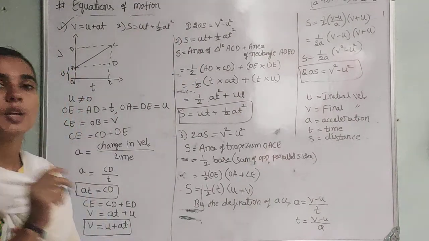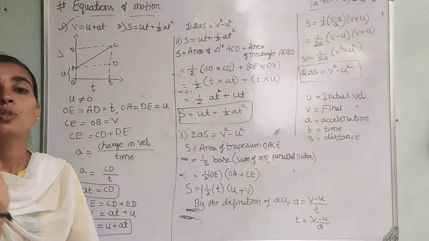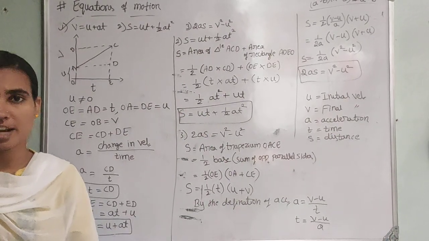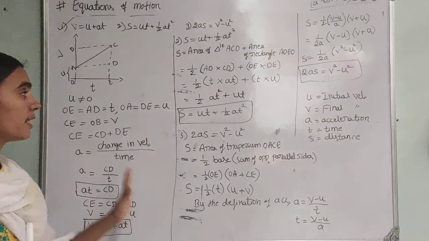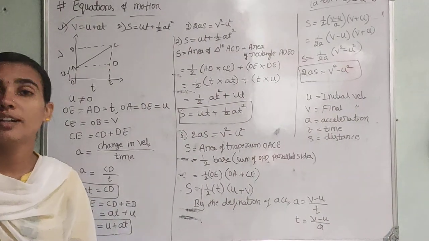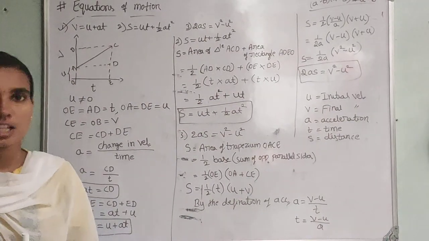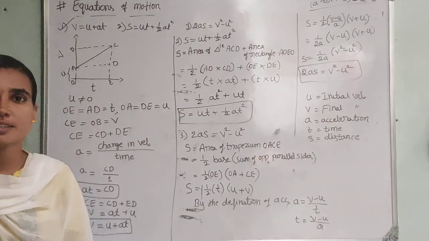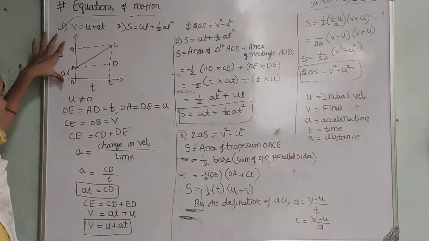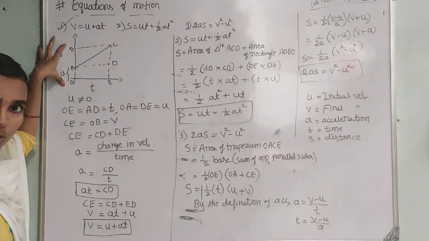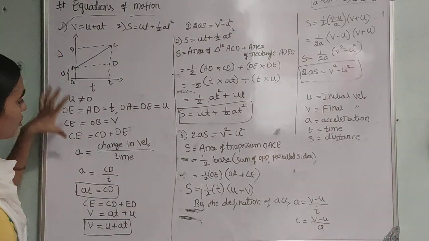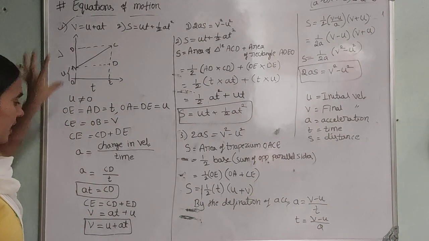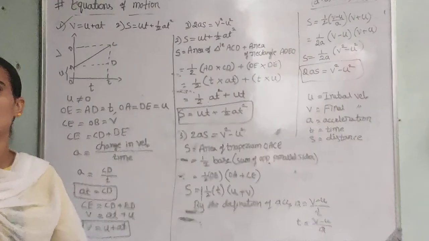So this is a very important question. We will get 5 marks, so you have to practice this derivation. I hope all of you understand this derivation. If you feel difficulty, then you can ask me. See the video once, twice or thrice, then you can understand the thing. Whatever alphabets and terms you are using, those terms only you have to substitute. In the diagram, if you are showing one alphabet and writing another alphabet, it is not correct.